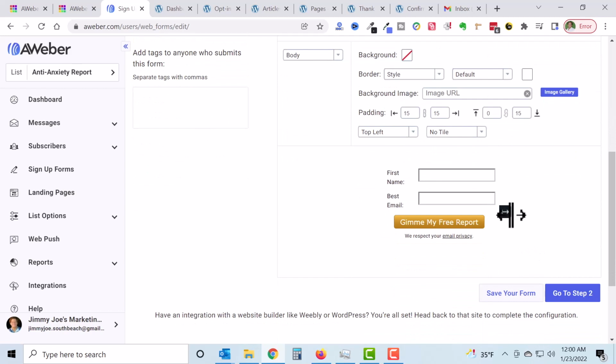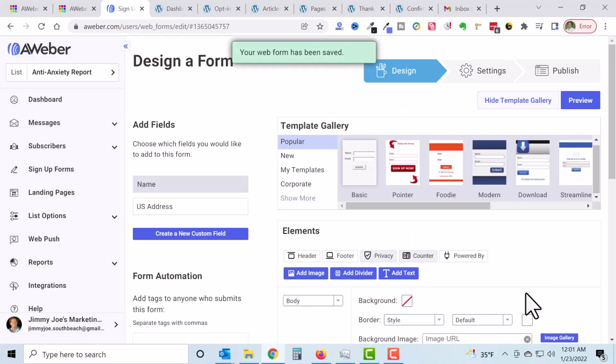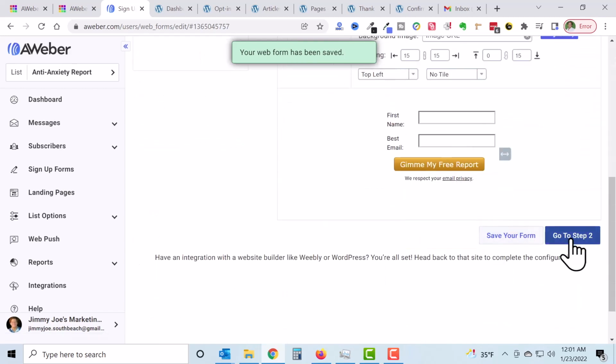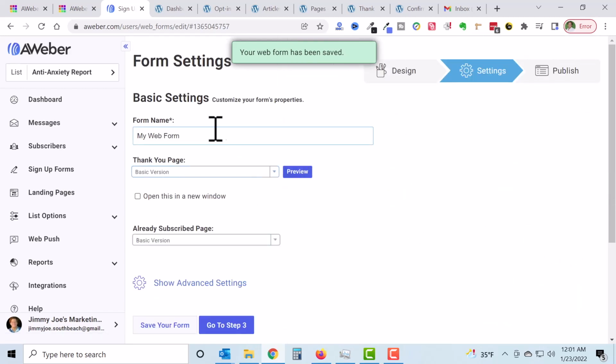Once again, you can make it wider or smaller. Save your form. We're in the design. See, your web form has been saved. We're in the design section. We've saved it. Now I'm going to go to step 2. It wants us to name the form. I'm just going to say